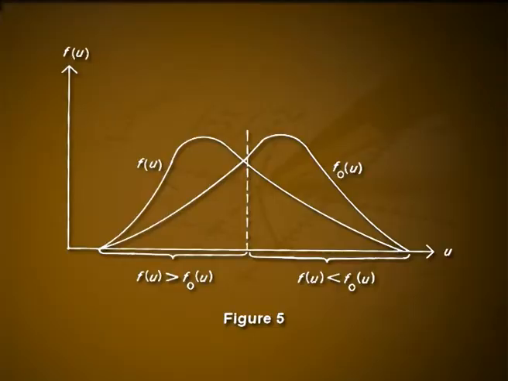occur due to passing. On the other hand, if fewer drivers are travelling at speed u than the number of drivers whose desire to do so, then some of the drivers who do pass will accelerate to attain the speed. Thus, if f of u is less than f naught of u, there will be a net gain of vehicles at speed u due to passing. In fact, we assume that if more drivers are not at their desired speed, then more passing will occur. You can see figure 5.